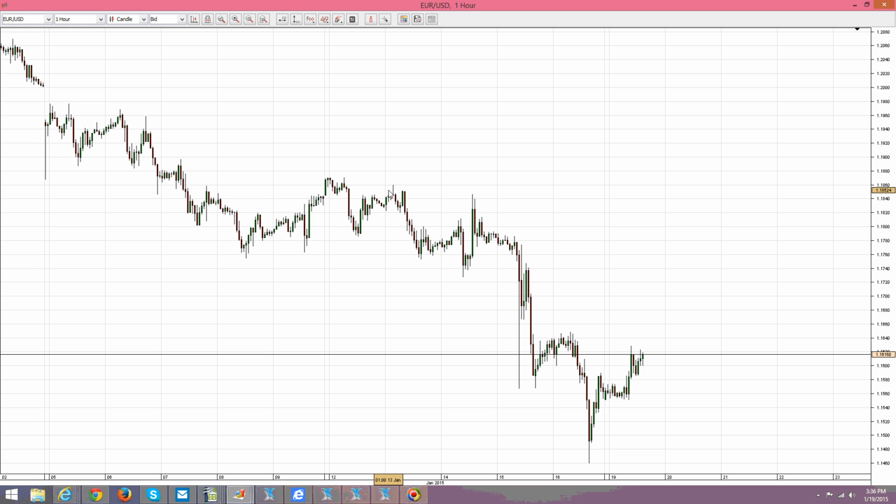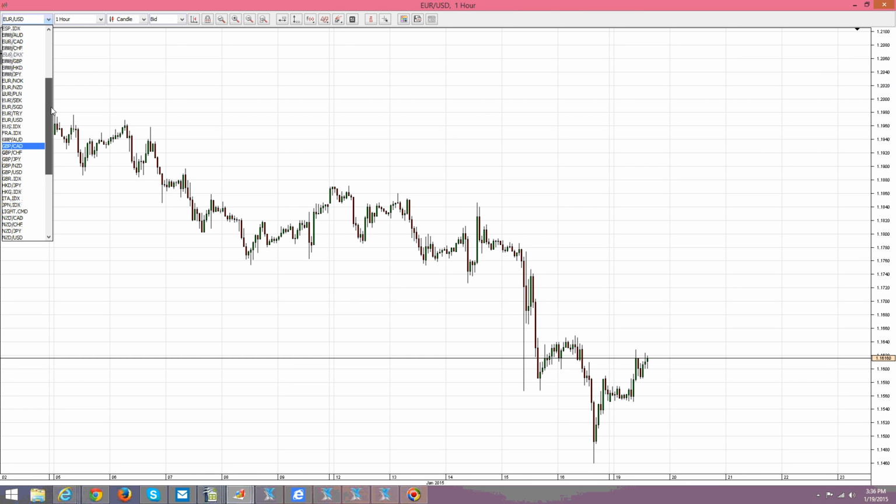Now, I would like to focus at the beginning on the fact that any currency pair, like you see here, these are all currency pairs, is showing the differences between the currencies of different countries. In the case of the euro-US dollar, I'm talking about the economic differences between the European economy and the American economy. Based on those economic releases, markets are moving. Now, besides fundamental analysis, what moves markets